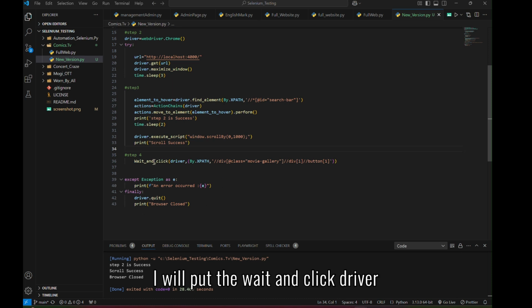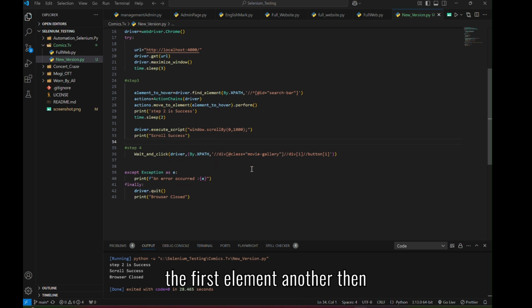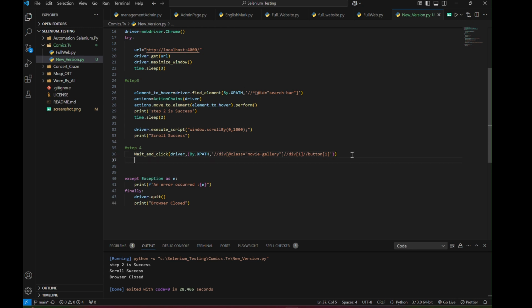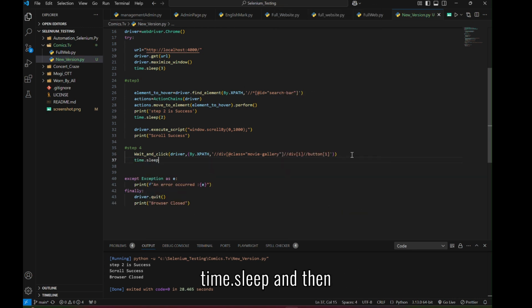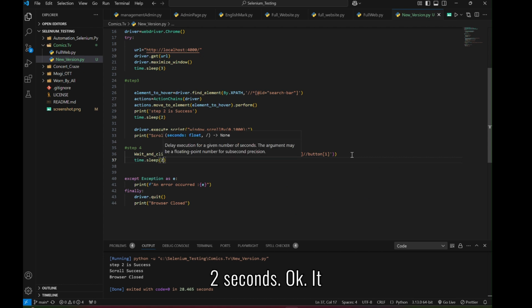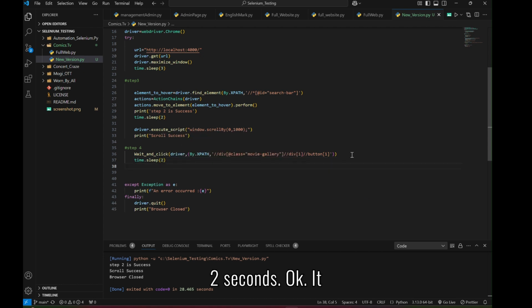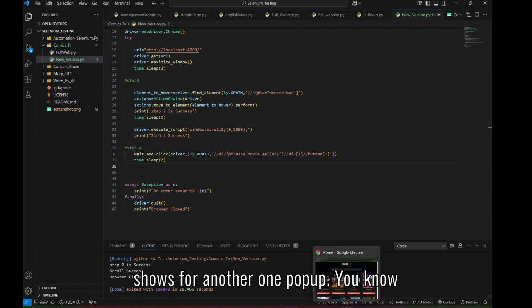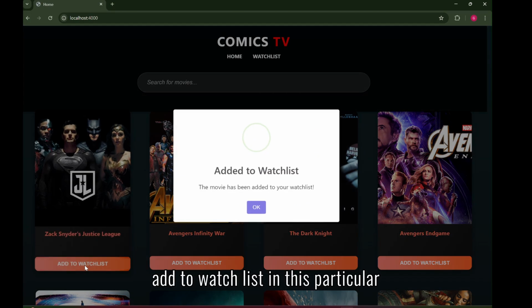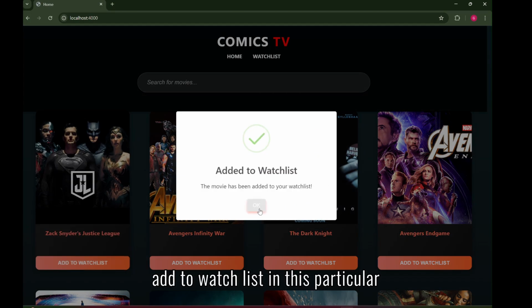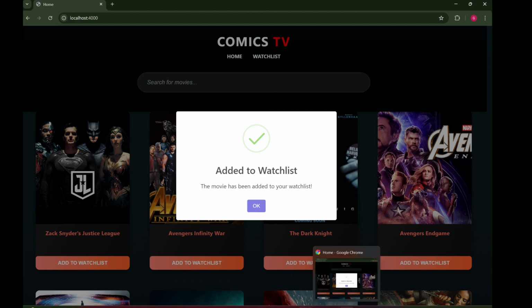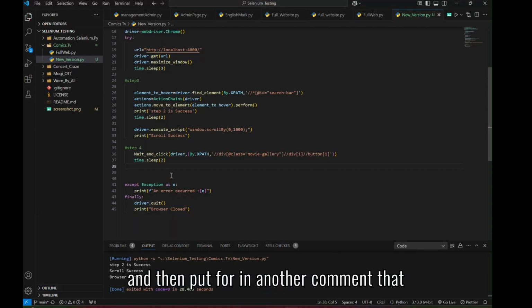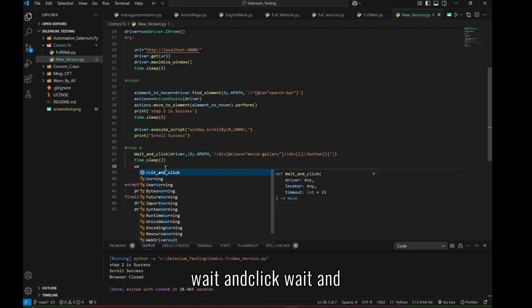I will put the wait and click driver the first element, and then use time.sleep, the delay time.sleep, for 2 seconds. Okay, it shows another pop-up, add to watch list, in this particular pop-up. So I will select the pop-up and copy the relative XPath, and then put in another comment that click